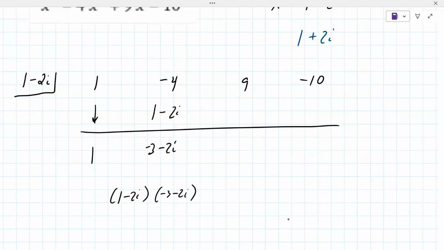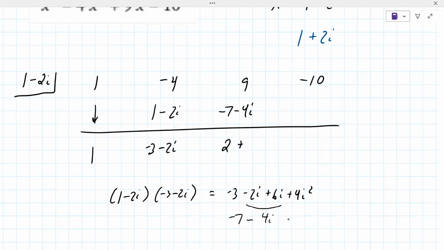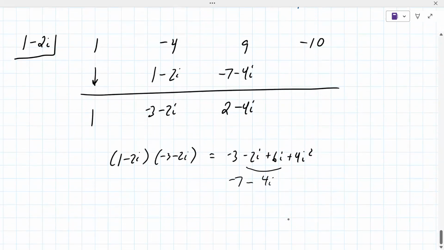All right, so this will foil out better. It ends up being -3 minus 2i plus 6i plus 4i squared. So that's 4i squared, it's -4, so it's -7 minus 4i, which becomes 2 minus 4i. And then you unfortunately have to factor again. 1 minus 2i times 2 minus 4i, which ends up being, hopefully this works,